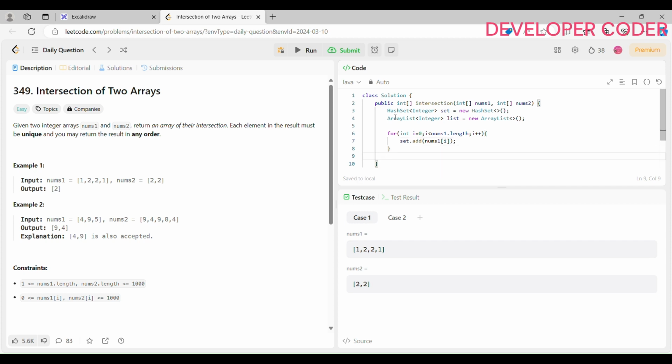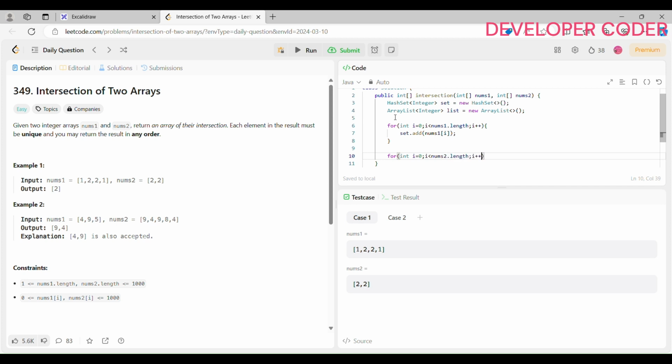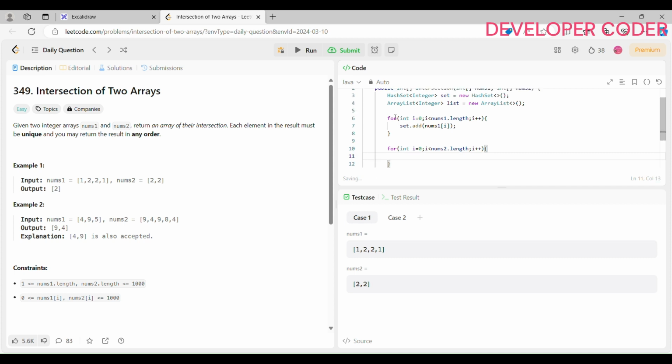After that let's iterate over our second array. So I'm going to write: for int i equals 0, i less than nums2.length, i plus plus. Now here I'm going to check if my hash set contains any element of nums2[i]. So I write if set.contains(nums2[i]). If my set, in which we have the nums1 elements, contains this number of nums2,